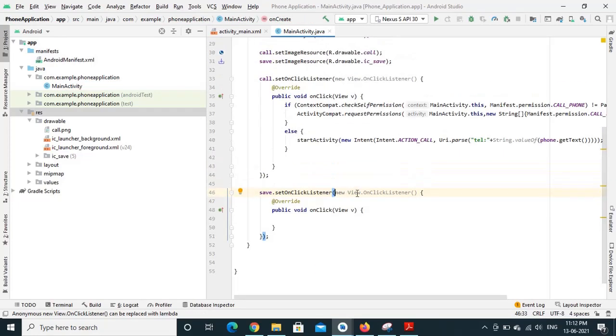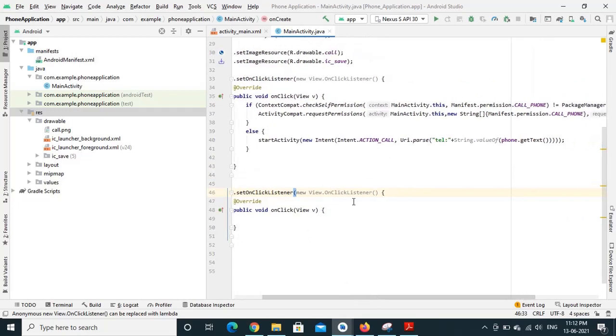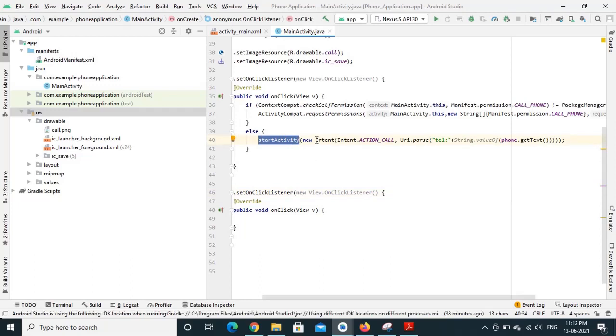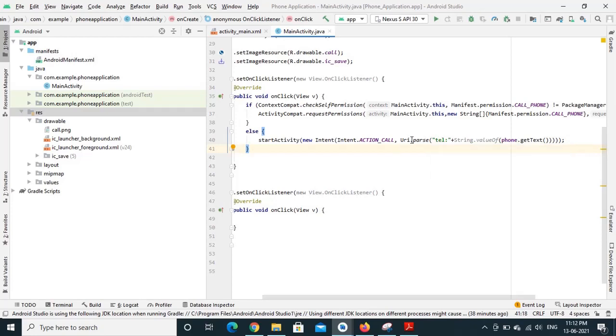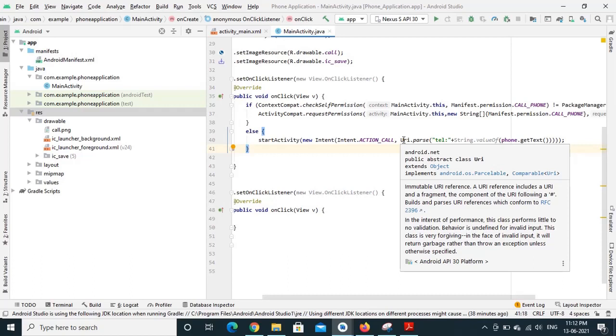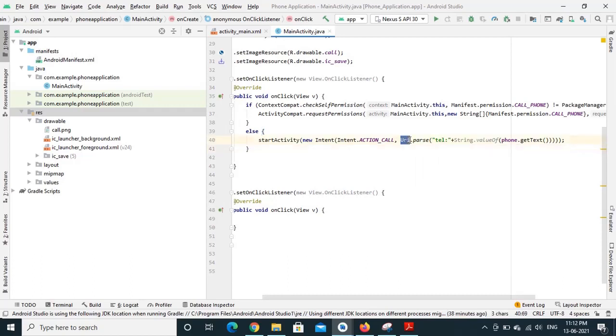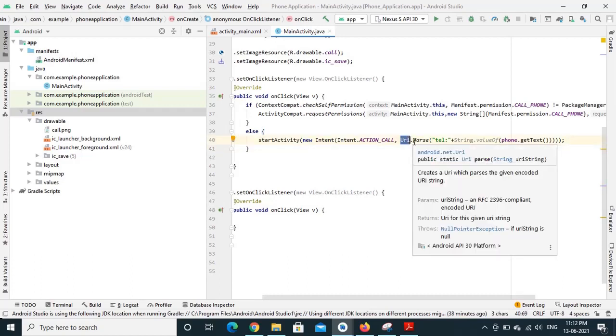In this case, if the permission is granted, I am starting a new activity with startActivity, and for that I am passing the intent. The intent I am creating is for action call. For that I need to provide the telephone number. In order to reference the telephone resource, I am using URI, and to create the object reference I am using Uri.parse.